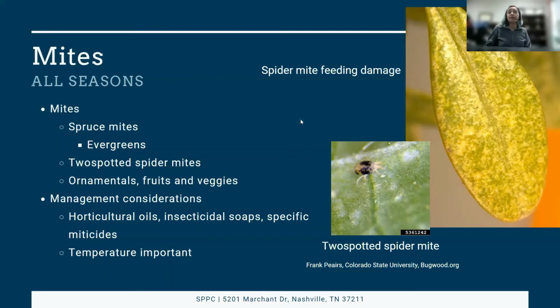Horticultural oils and insecticidal soaps are really nice, not harsh chemical alternatives to use on these pests. It's really important to know the temperature when we've got a mite infestation. Oil sprays are really great at suppressing mite populations, but we want to make sure that we're using a dormant oil at this time of the year, when we're still in our cool temperatures, as opposed to a horticultural oil. That's because we don't want the oils to burn or injure the plant. So always reading our labels when we're dealing with mites is very important.